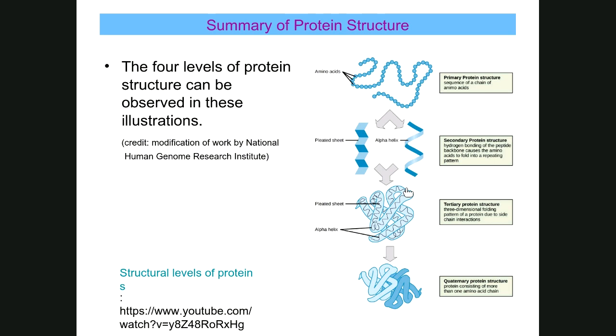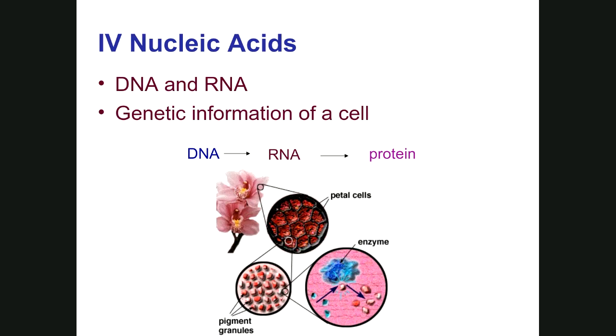So we'll move to the next macromolecule, which is nucleic acid, DNA and RNA. DNA, it's your genetic material. RNA can be the messenger RNA that plays a role in the gene expression or the protein synthesis. We have ribosomal RNA that makes the ribosome. If you remember, the ribosomes are the factory for protein. And we have also transfer RNA that plays a role in transporting the correct amino acid to the correct place